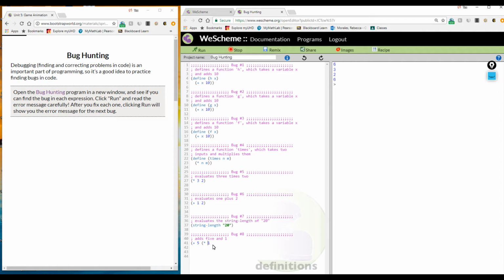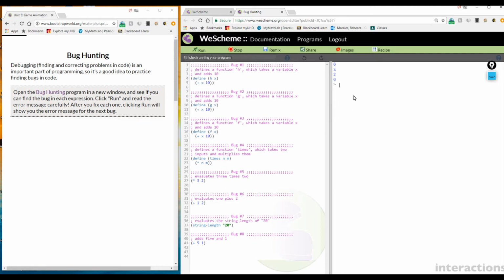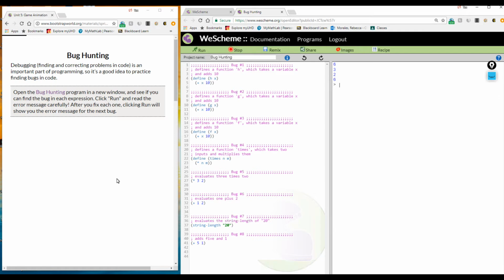Whoops. I don't know why that last parenthesis erased itself. Let's see, that will add in 5 and 1. Well, 5 and 1, that is 6. And the string length of character string 20, well, there's only 2 characters, 2 and 0. That's why there's a 2 there. I'm not exactly sure what, oh, that's saying input something. So these are all the evaluations. I've got no more bugs popping up, and now it's just asking me to interact. So we've finished the bug hunting